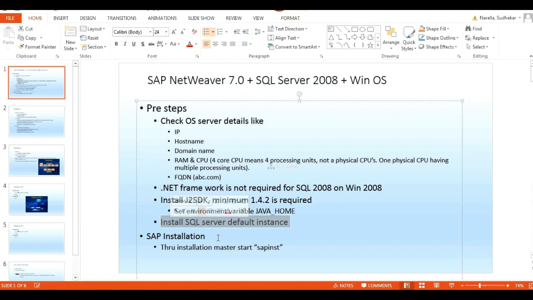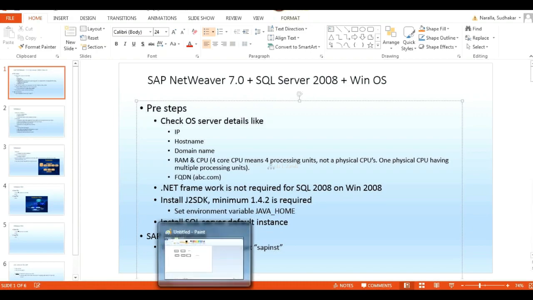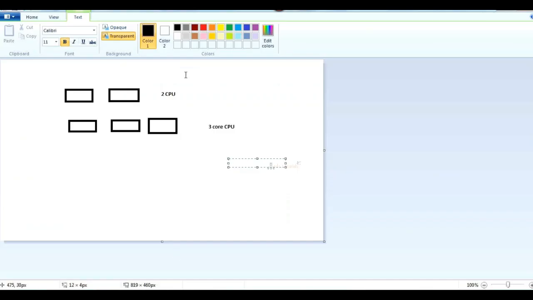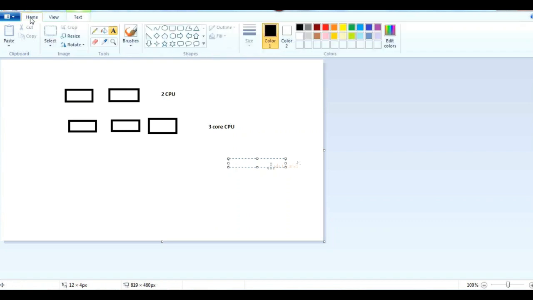Once your default instance has been completed, you need to start your SAP installation through Installation Master. For older versions, SAP provided installation through Installation Master DVDs.